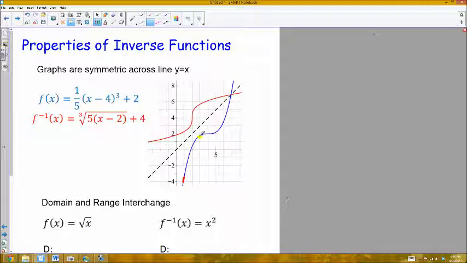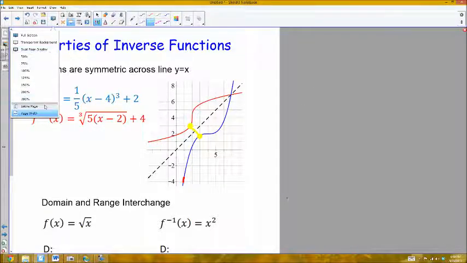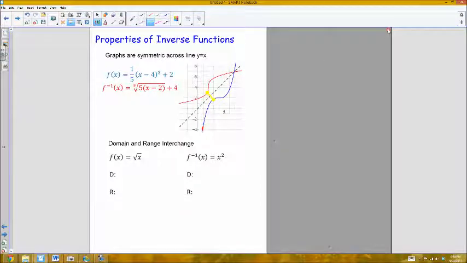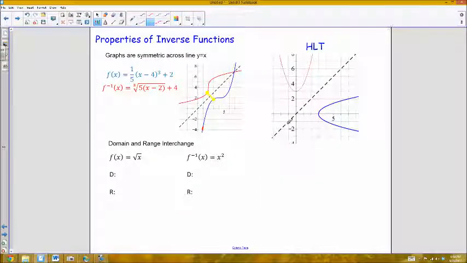meaning that every point on the graph of f has a corresponding point through this line of symmetry on the graph of its inverse. This has an interesting effect on the domain and range of functions, and it also gives us a way of testing whether or not a function has an inverse without actually having to find its inverse. So I'm going to zoom out for a second, and I'm going to remind us of the horizontal line test